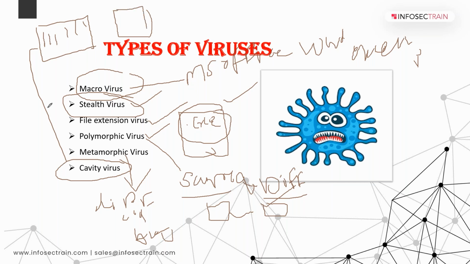So what will the cavity virus do? It will remove the content of that original file and fill in unknown strange numbers which are not recognized, numbers that we cannot understand. So it fills the file up, and that we can call a cavity virus. These are the different types of viruses based on their objectives.